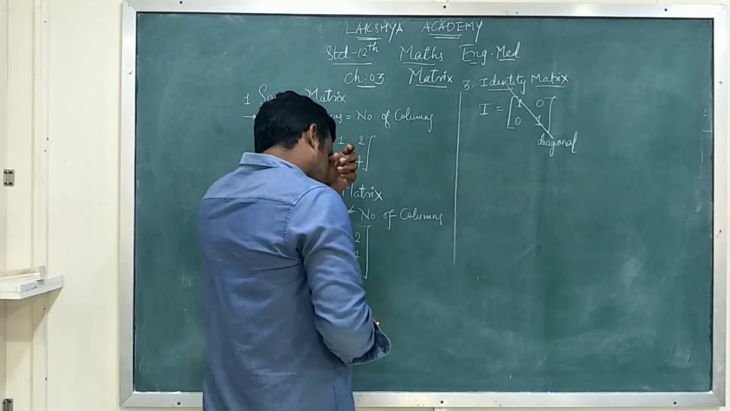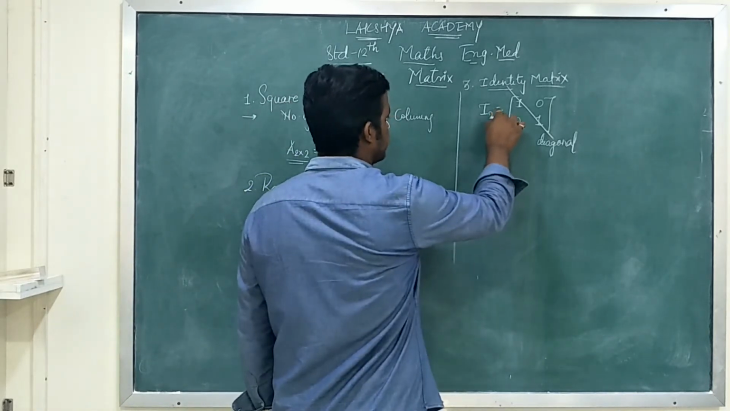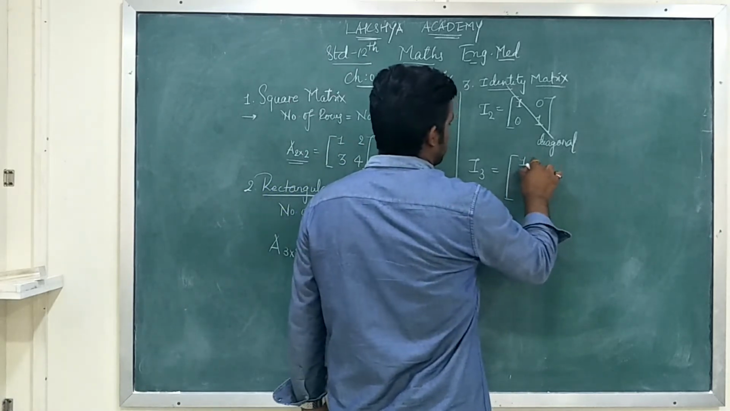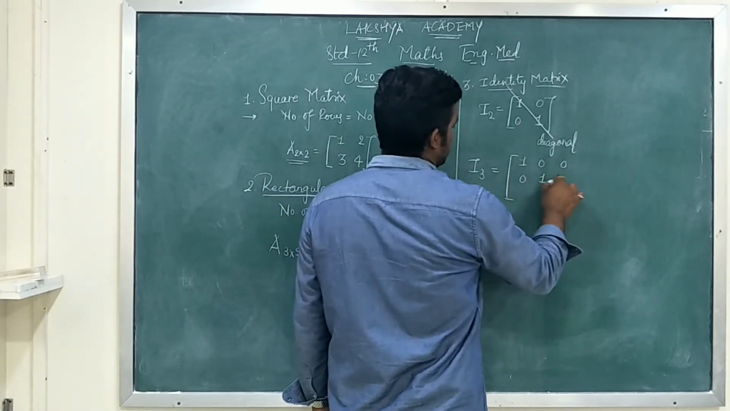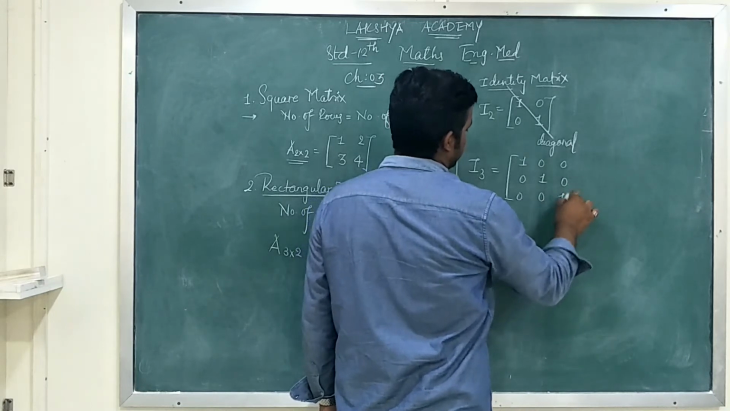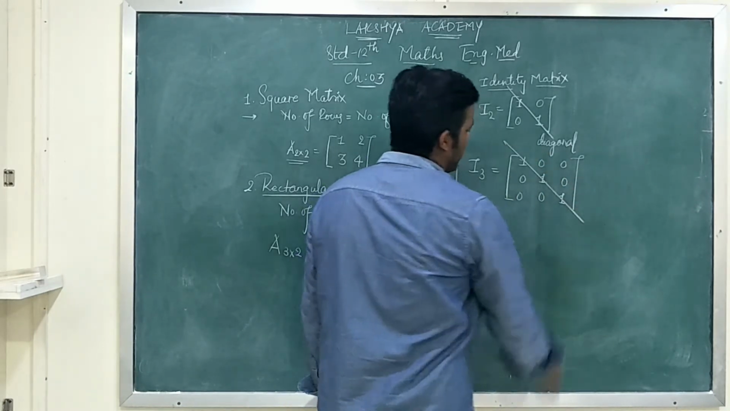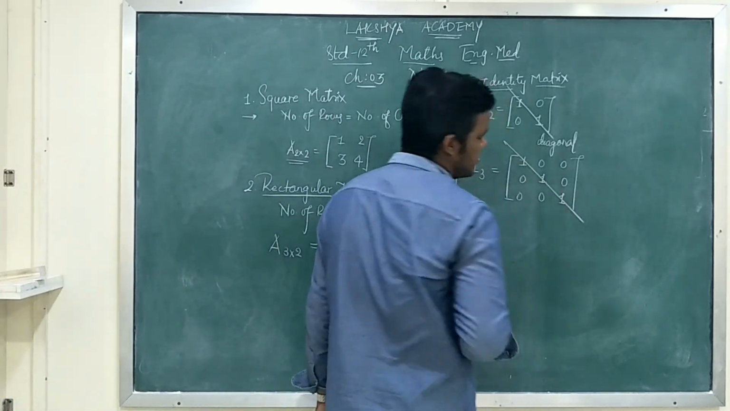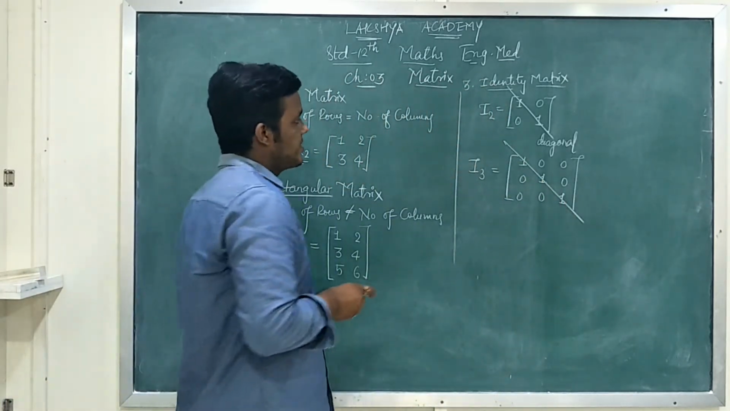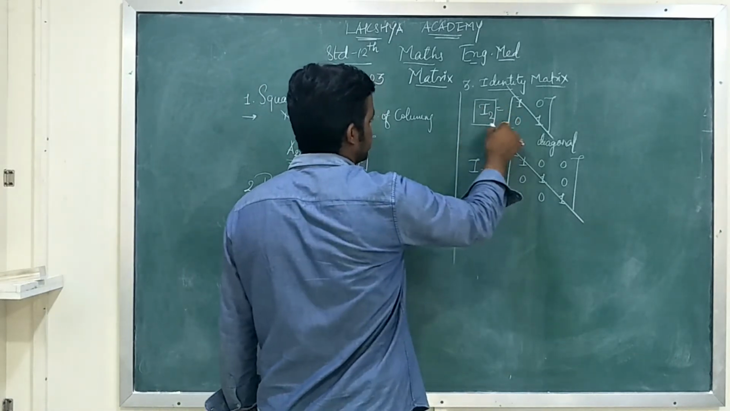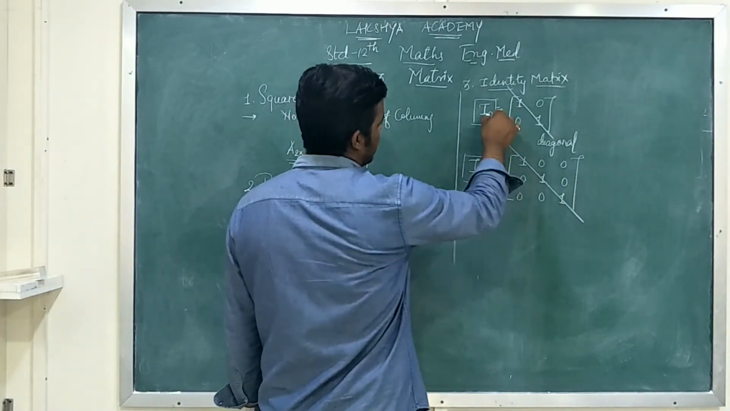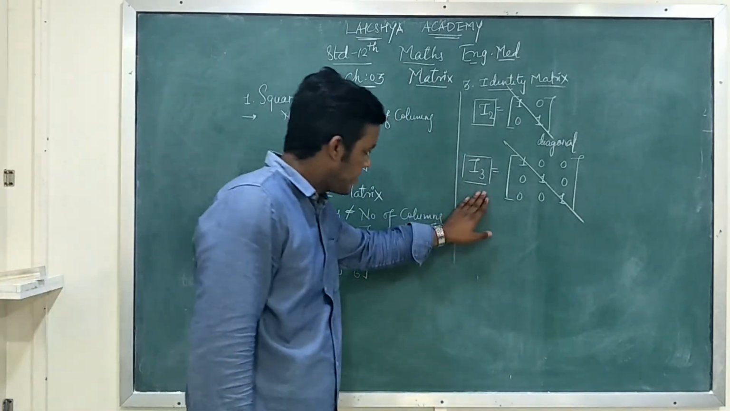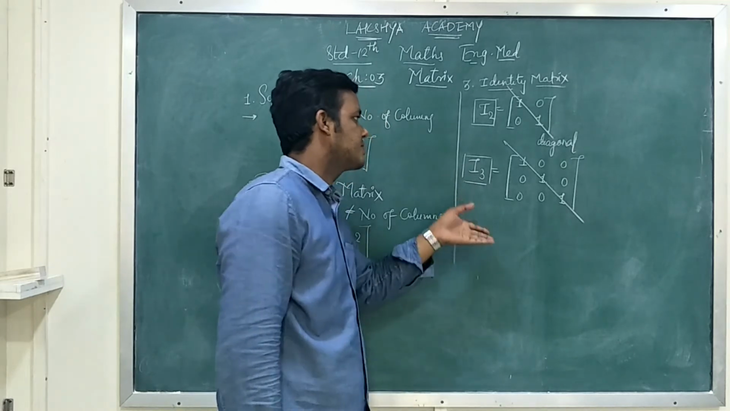right? If we talk about a 3 cross 3 identity matrix, then 1, 0, 0, 0, 1, 0, 0, 0, 1. All the members except the diagonal are 0 and all the members on the diagonal are 1. And it is denoted by I. I2 is the identity matrix having 2 cross 2 size, and I3 is the identity matrix having 3 cross 3